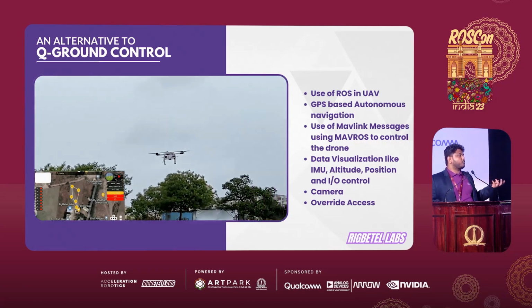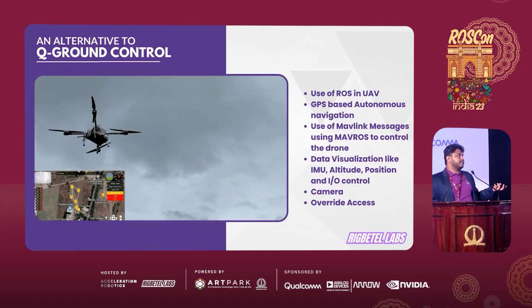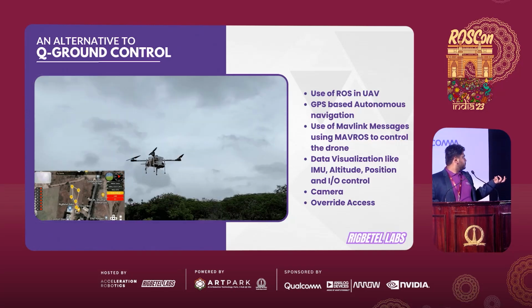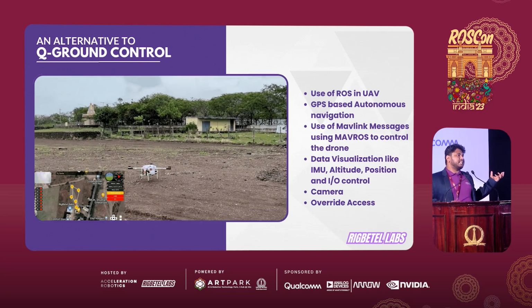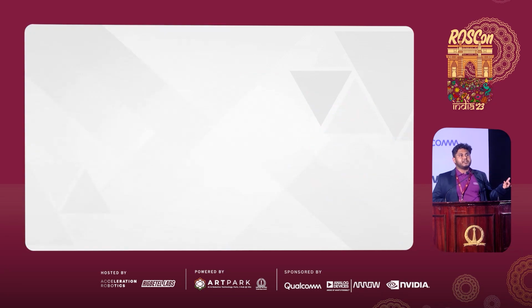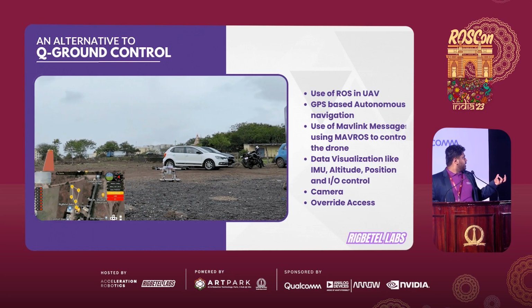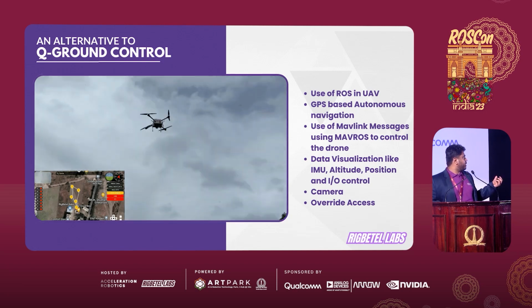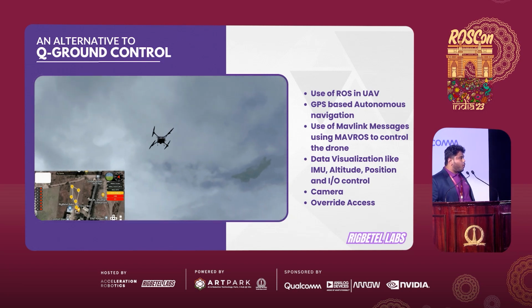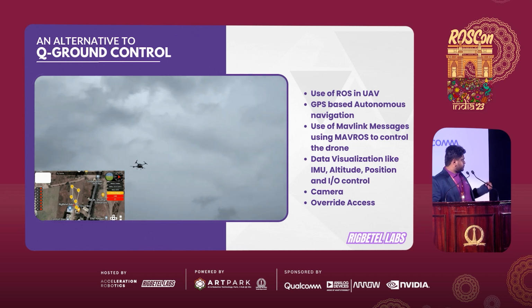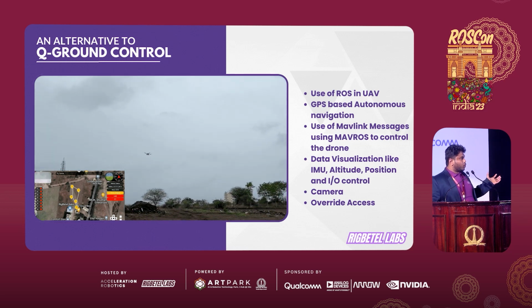So MAVROS, most of you might have heard about MAVROS. It is for the drone. So it is getting a waypoints navigation from the GPS location, latitude and longitude, and it is able to move to that specific waypoint. What you see over here is basically a map created for the drone to be able